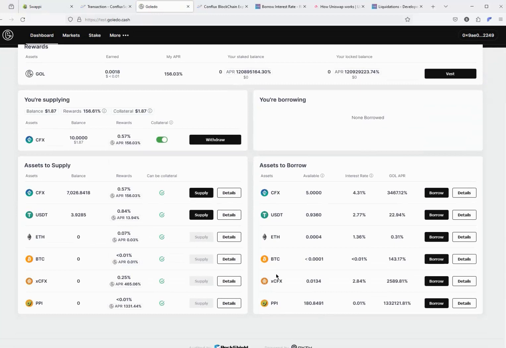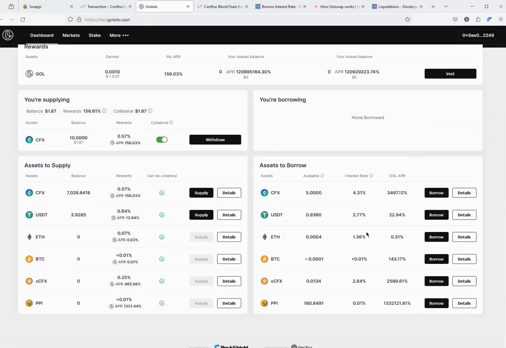So we should support multi-coin, multi ERC20 token supply and borrowing. And we also notice there are some interest rates here